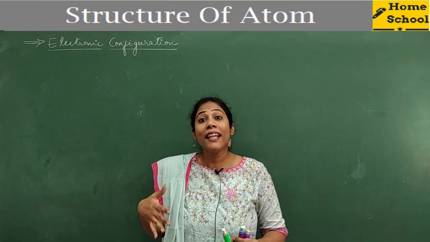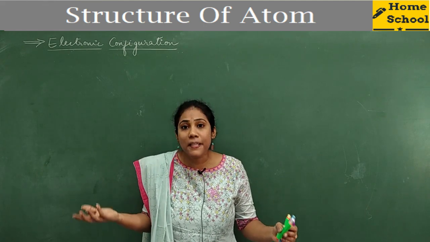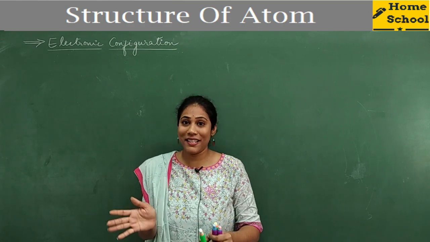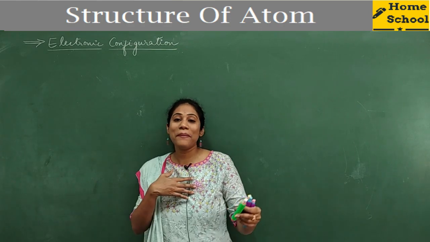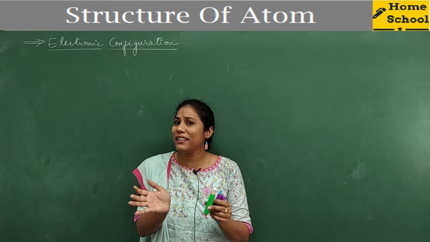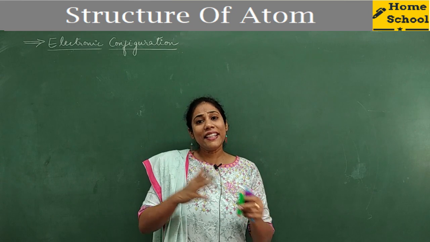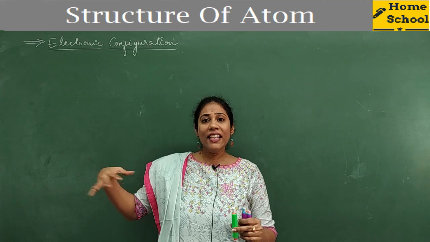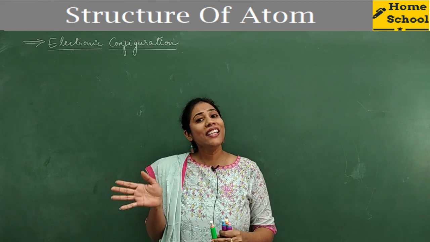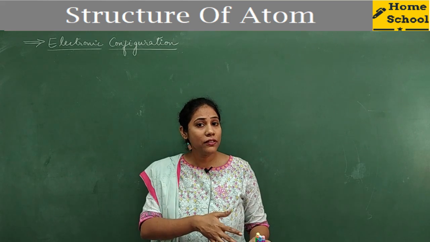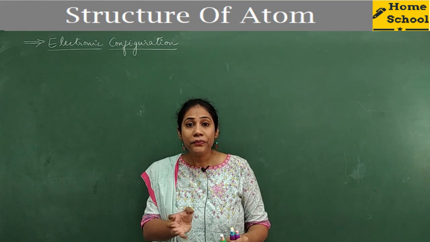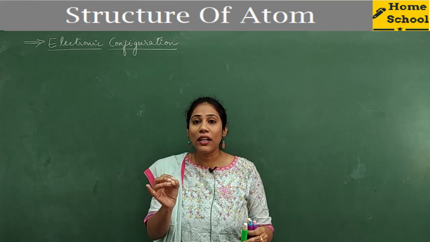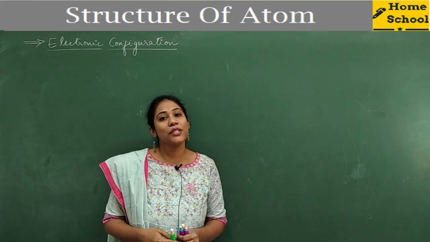It's because electrons are the ones participating in the chemical business. A chemical reaction is a kind of business. Some elements give electrons, some elements take electrons, and that's how chemical attractions are formed. So the giving and taking of electrons is what a chemical reaction is. When there are 11 electrons in sodium, all 11 will not participate in a chemical reaction. Only a few electrons will participate. And which electrons can participate? To understand that, knowing electronic configuration is very important.